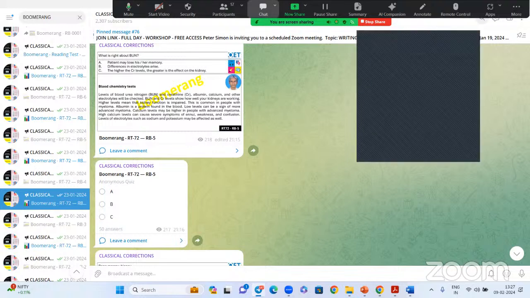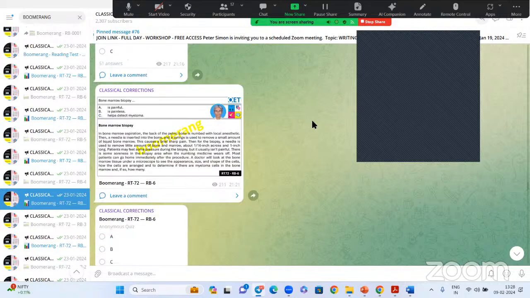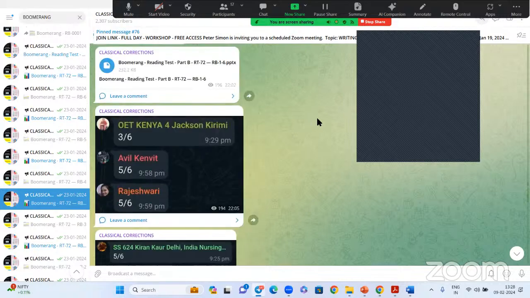Now update your score one by one. If you got the right answer, you write 1 by 1. If you got the wrong answer, write 0 by 1. No problem. So lot of tests are laid like this. It will be very fun and you'll know the answer. And explanations are also there immediately after that one. So update your scores after entering the marks there. Just enter here 1 by 1 or 0 by 1.